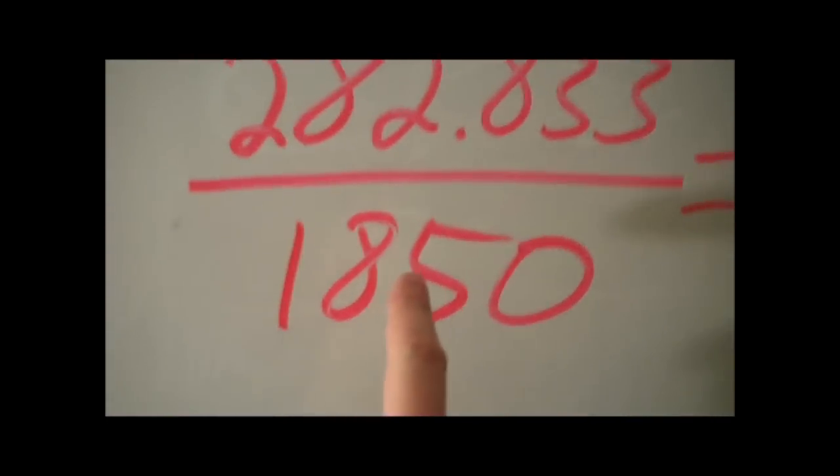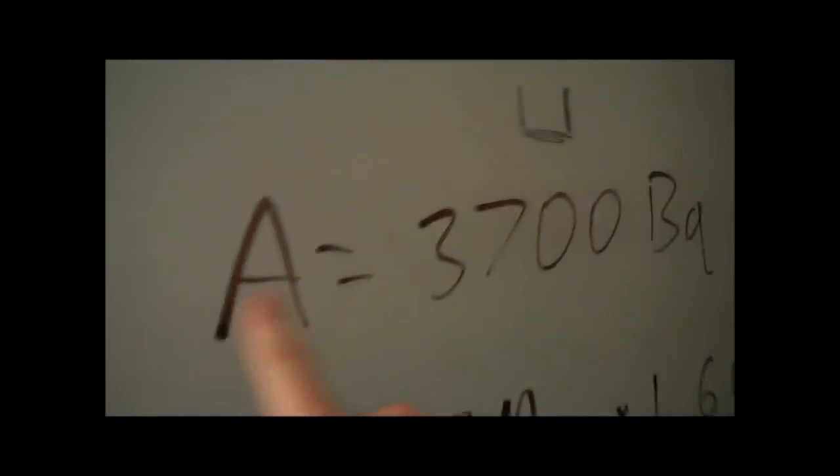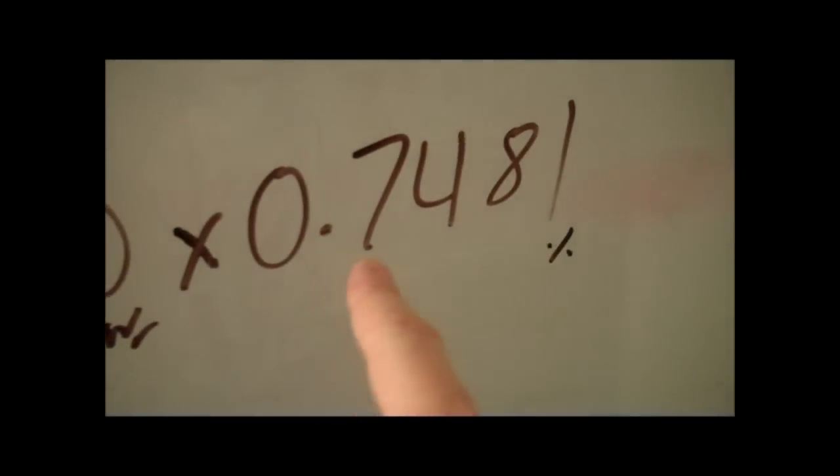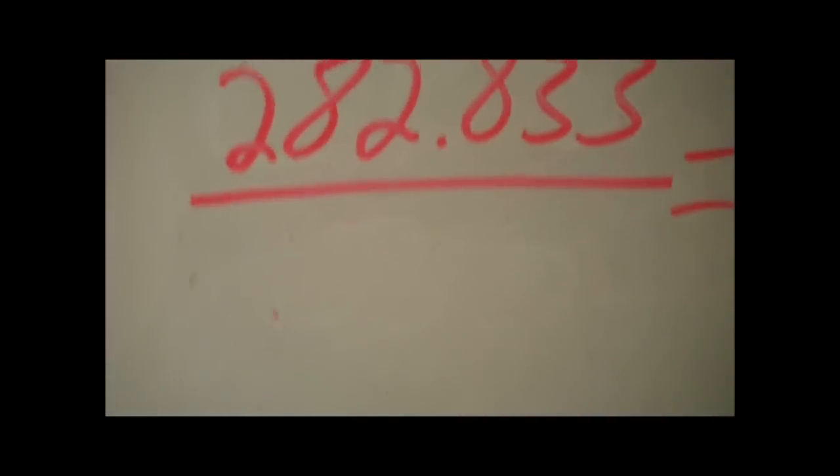This is not right, because this is 3,700, the activity, but I have divided it in 2 to make 1850, but that's not really right. And the reason is because remember this bit down here, the 0.7481? I'm only getting 74%, give or take. And to make that work out mathematically, I will need to multiply 1850 by 0.7481. That gives me